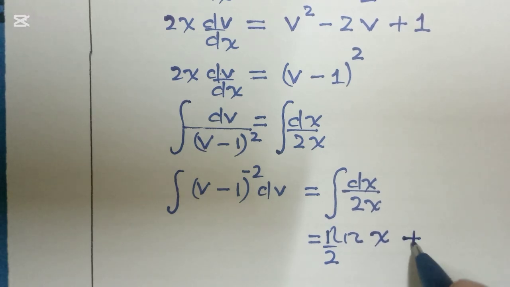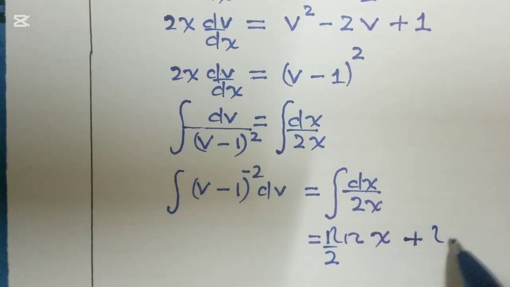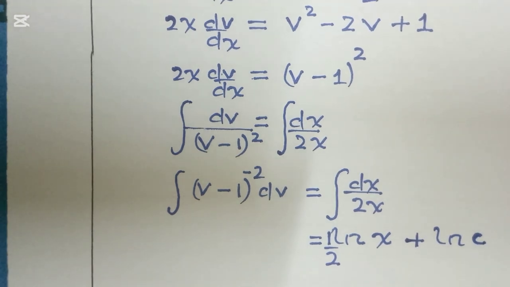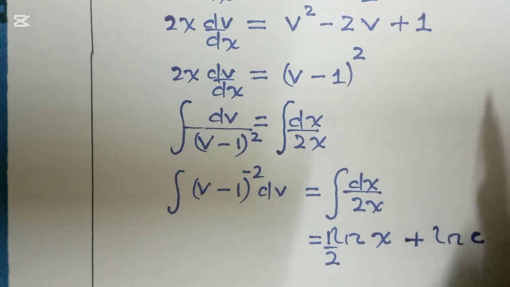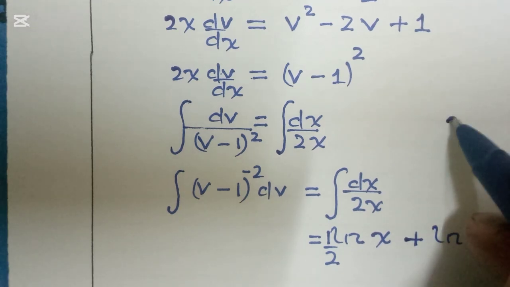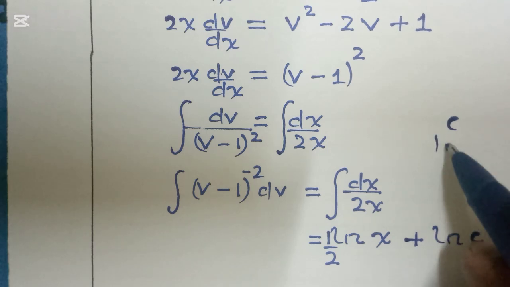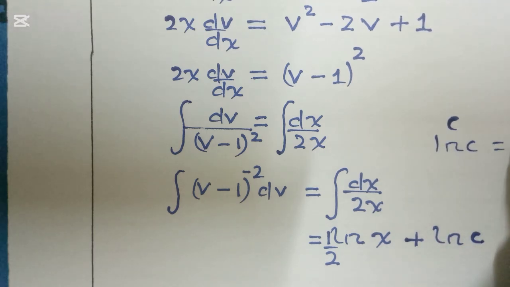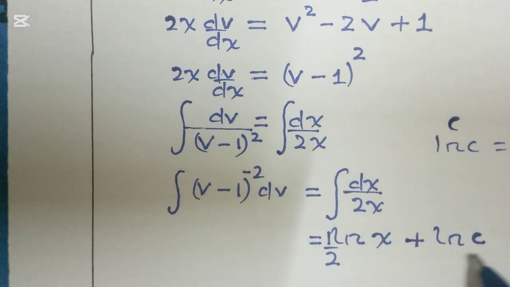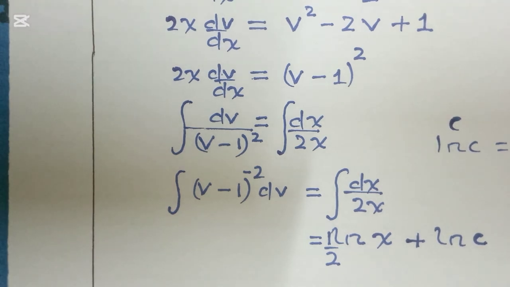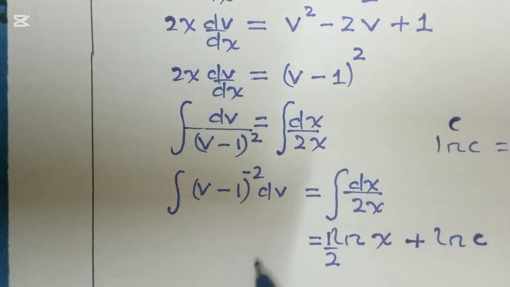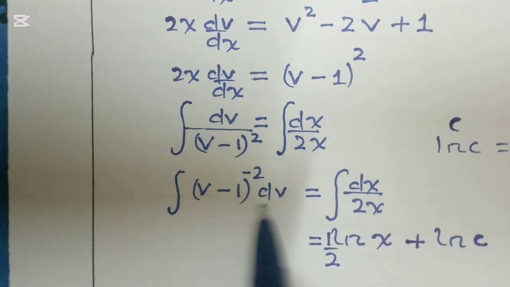And as I said, c we can also put it in terms of natural log of c. The reason why we do that is because if we say natural log of c, and then we come and put natural log of c, maybe it will give us d, but d is still a constant. So instead of changing that, I'll still write natural log of c, which is still okay. And this other side, if we integrate, we are going to have